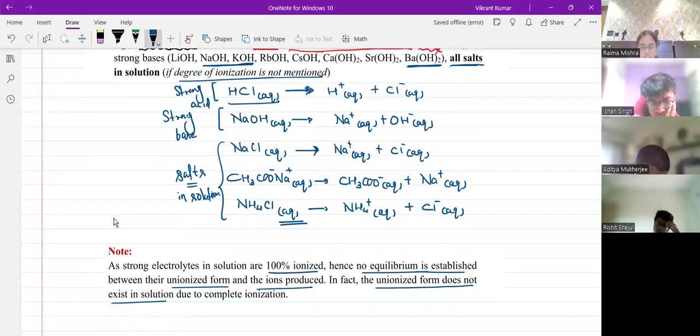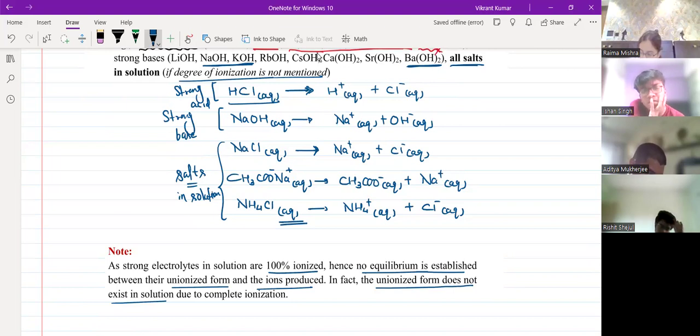If I'm taking 1 mole of NaCl, so it will be giving you 1 mole of Na+, 1 mole of Cl-. All of them will be present separately. They will not be associated, not in the form of lattice, है ना? Crystal के form में रहेंगे नहीं. They will be completely ionized. So that's one part. So that means this chapter is in fact not even about strong electrolytes, but ऐसा नहीं कि strong electrolyte आने वाली नहीं है.